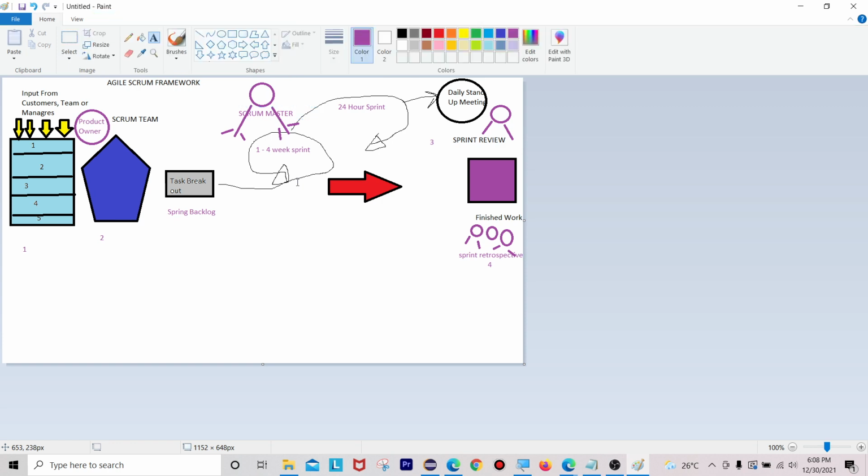So here you can see the agile scrum framework. In the scrum the main roles are, during this agile scrum framework the main roles will be the persons called product owner, the next one is scrum master, and the next one is